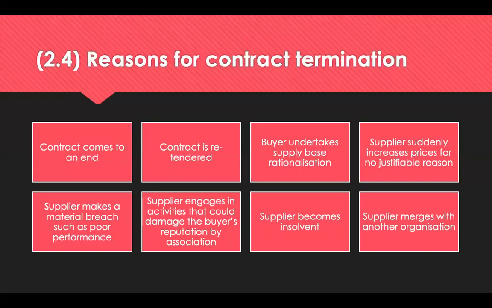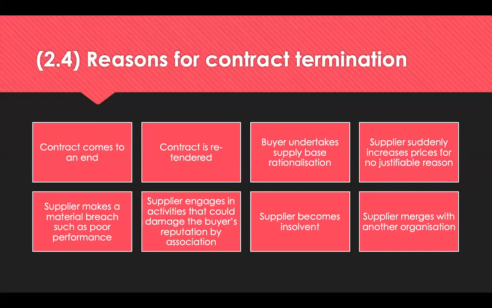Now, the most common reasons for terminating a contract is because the contract has come to its natural end and there's no longer a requirement to purchase that good or service. It could be that the contract has reached its end date specified in the terms and conditions, so you've re-tendered it and another supplier can provide a more competitive offer. It may be because you've decided to undertake supply-based rationalisation, or you suddenly find that the supplier has increased the price with no justification,